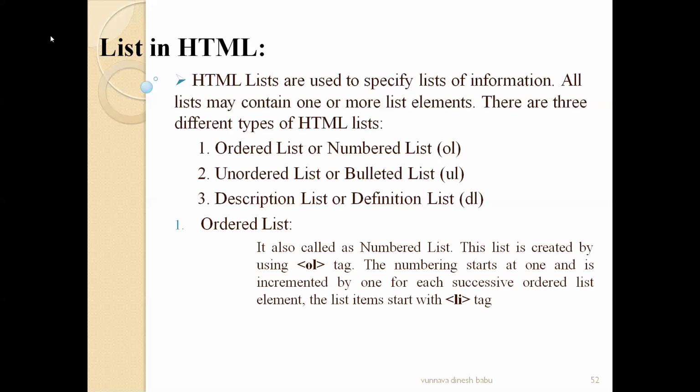As I said earlier, if we want to create a list, we need to use the li tag. So under it, if we want to create an ordered list, we have to provide ol. Whenever we provide ol, numbering will be given for each and every element. How is the numbering given? The first element inside the list will be given 1, and for the second element, that 1 will be incremented by 1. That means 2 will be given to the second element, 3 will be given to the third element, and so on.